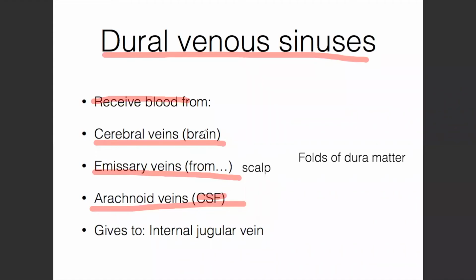They receive cerebral veins من البرين, emissary veins from the scalp and the skull, and arachnoid veins, which are from the CSF. تمام؟ الarachnoid تستغربهم كتير. ركزوا على cerebral وemissary. تمام؟ So they receive blood from the cerebral and from the emissary veins. بيودوه وين؟ النهاية كلهم بيمشوا internal jugular vein. Okay? So eventually, the dural venous sinuses كلهم become the internal jugular vein. It's like the most important thing here, to know that they become the internal jugular vein. تمام؟